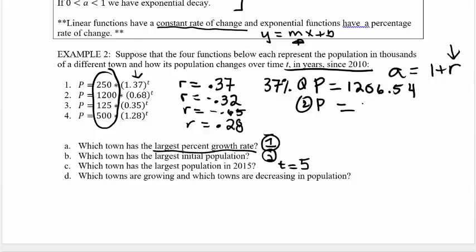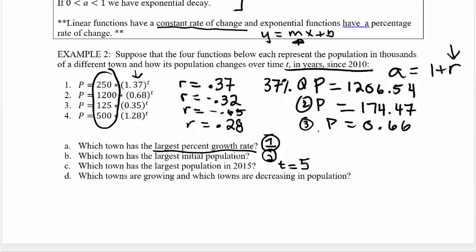So that's going to give me 174.47. Remember that the population is in thousands. So even though we have decimals and that feels a little weird for fractions of people in a town, this is in thousands. So population 3, if we plug in a 5, 125 times 0.35 to the t, my population is going to be